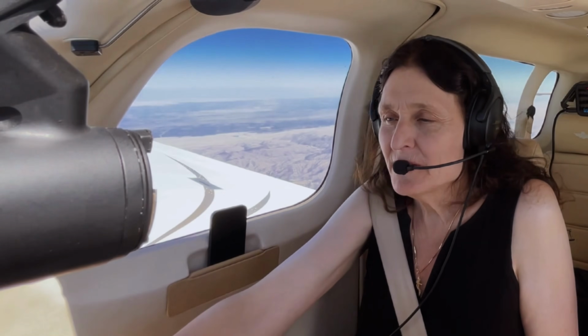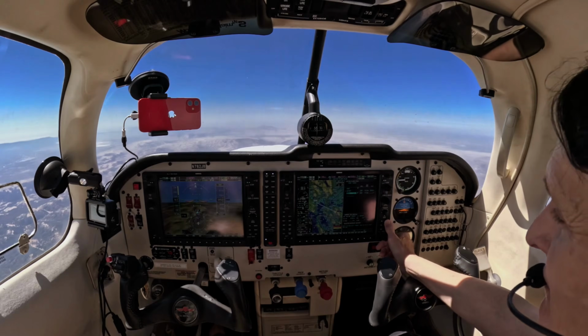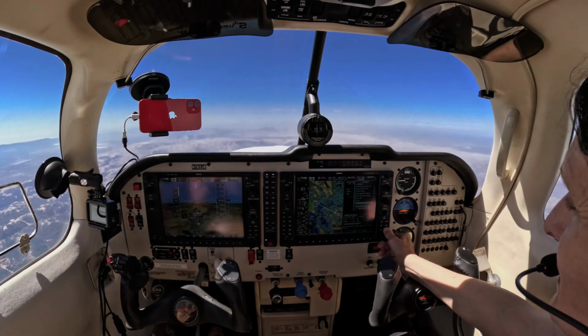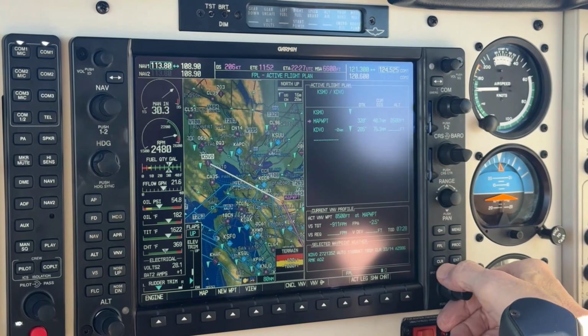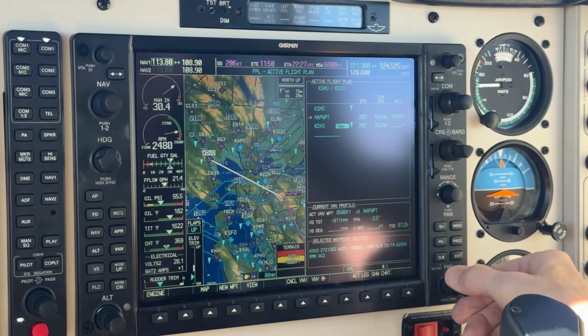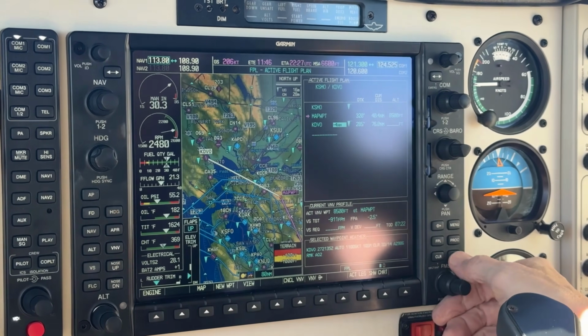We should probably get this down to pattern altitude. Let's do an off-track set DVO. And an offset. So we want to do 5 nautical miles before the airport, or so. Say 4 nautical miles before the airport. And we want to be at...